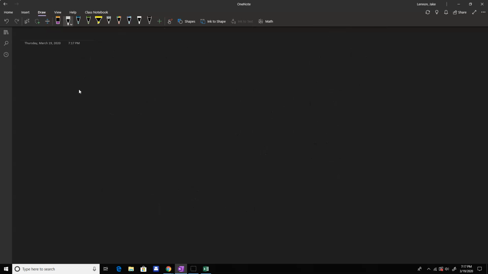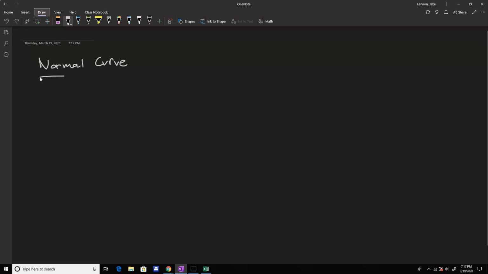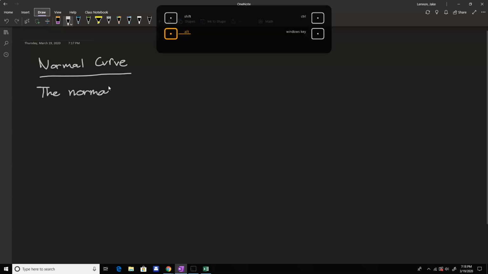So the normal curve, or the Gaussian distribution, it's sometimes called. So the normal curve, sorry, I hit a button there by mistake. Again, still kind of getting used to writing on this tablet. So the normal distribution, we're not going to get into any specifics with the formula. The normal distribution